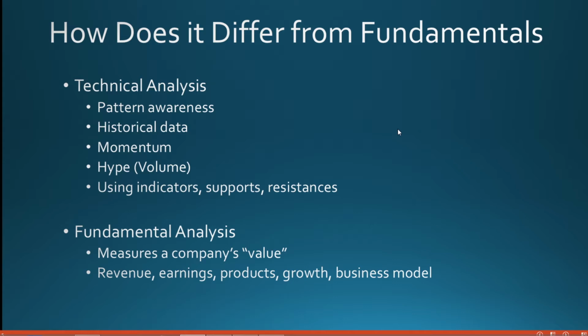So technical analysis is looking at certain patterns. You look at historical data. Has this pattern played out before, and will it likely play out again? We also look at momentum and hype. Sometimes stocks are running up, like meme stocks like GameStop or AMC, or a year ago or however long ago, Beyond Meat was running really hard. This is all this hype and volume that everybody's interested in. And then we use indicators to look for support zones, resistance zones, where people are buying and selling at those